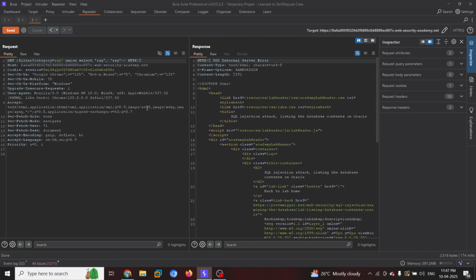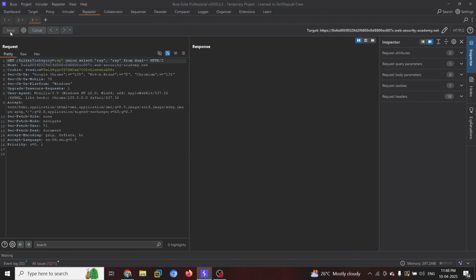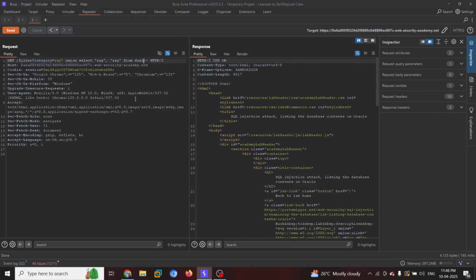But you know why it is giving us an internal server error? Because when you are dealing with an Oracle database, whenever you use a select statement, you need to specify the table name as well. And we all know, we have covered this in our previous video, that the Oracle database has a virtual table named dual with one virtual column and row. So I can use from dual and send it. There you go, we now have 200. Okay, but did I make a mistake over here?